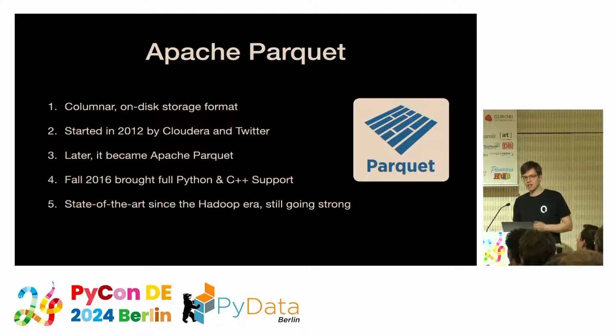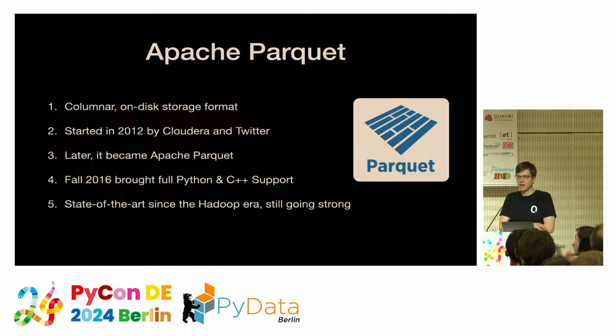And that's how it started in 2012. Cloudera and Twitter had this use case where they wanted to analyze log files, but the log file storage they were using was just getting too big and too inefficient. And then they spent some time developing a format that's just good to query, to analyze, and so on in a long-term format. And later on, they put it into the Apache Foundation, made it Apache Parquet,